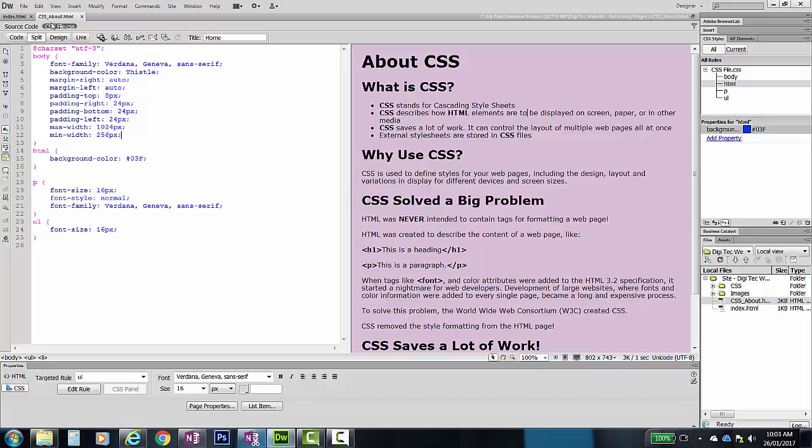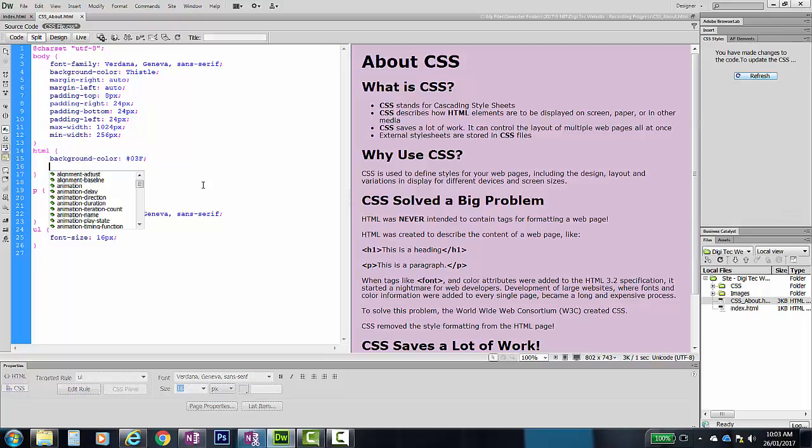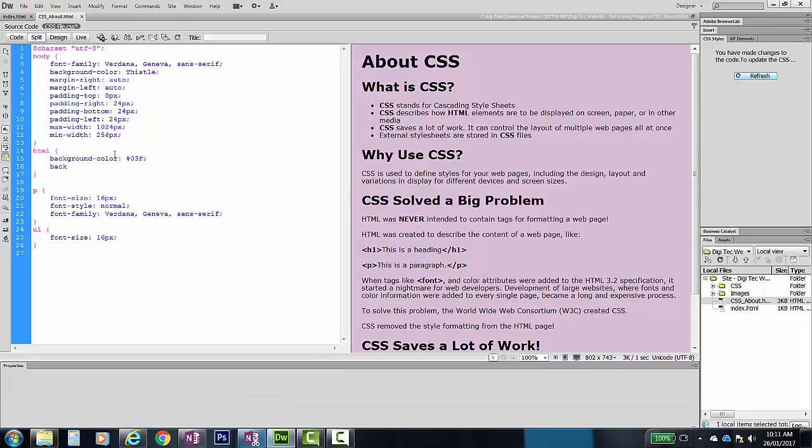In my CSS code, I'm going to make sure I've chosen CSS file.css. I'm going to go down to my HTML section and add a few more lines of code. So this time I'll type in background and I'll type in radial-gradient, and in brackets it'll be a circle, and the colors I'm going to use are sky blue